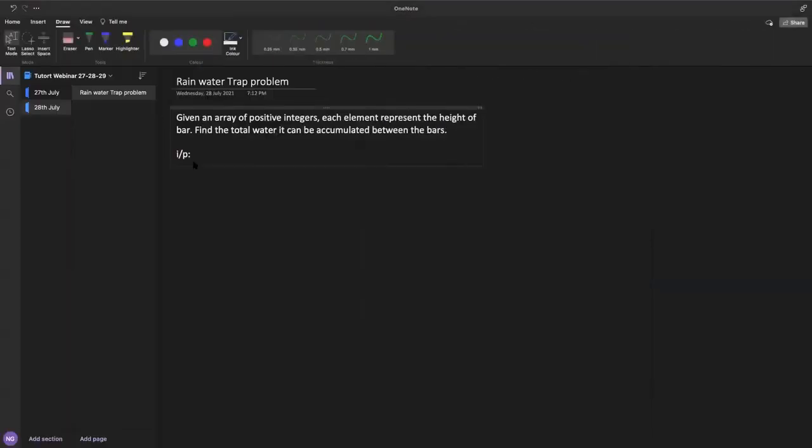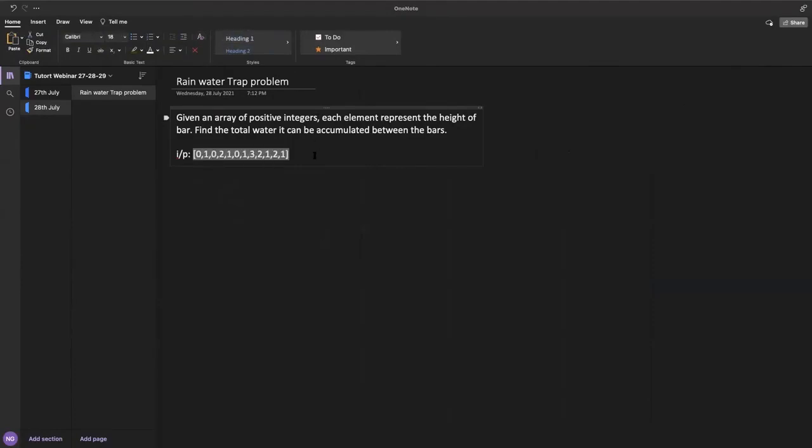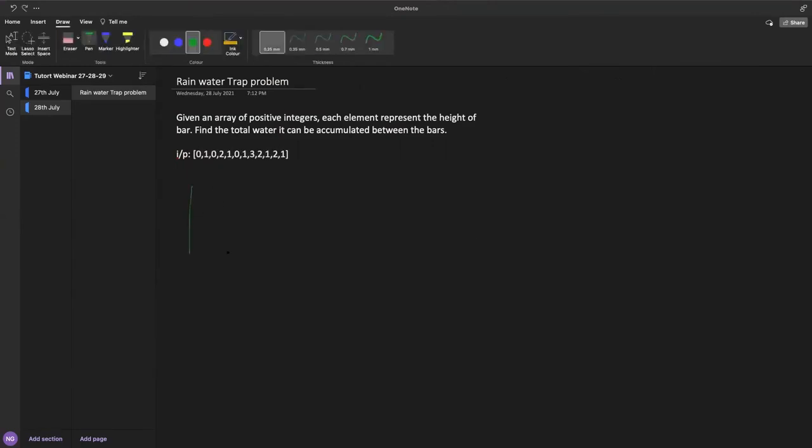This is the array given. If you draw a bar graph here, where the width of every bar is 1 unit, so let's draw the bars.